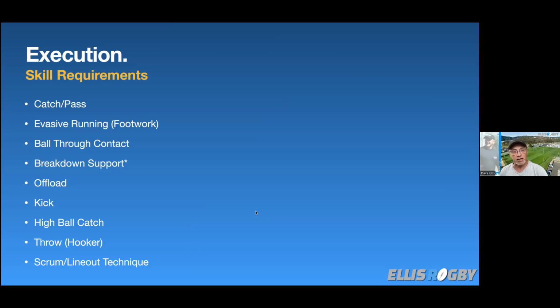But I'm trying to get them into a little bit of footwork so they understand that as their development goes, they're going to be in a position to use that. Ball through contact, support play. So these are little things that we'll look at in great depth as you're designing or as you're working with